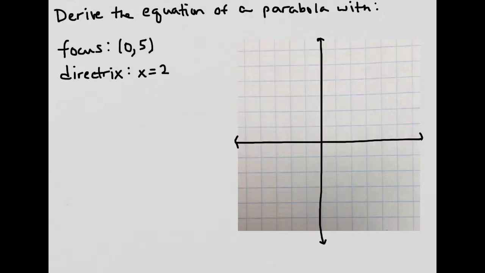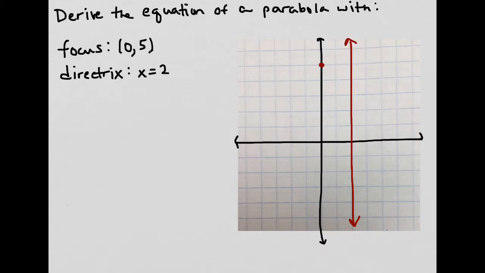Alright, let's go ahead and derive the equation of a parabola with a focus at (0, 5) and a directrix of x equals 2. So first I'm going to go to my graph and plot (0, 5). So 0, 1, 2, 3, 4, 5. So there's my focus. And then I'm going to plot my directrix, which is x equals 2. So that's a line,